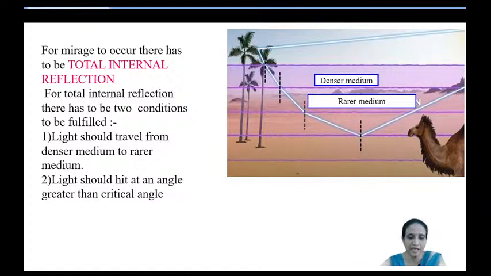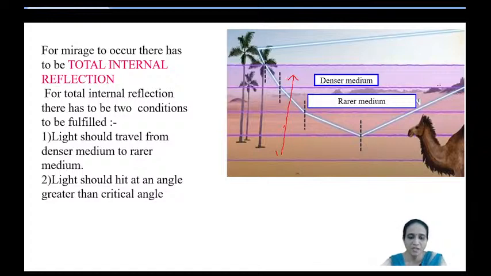During the daytime, you will see that the land becomes hot, correct? So, these layers that you see, this is the first layer, second layer, and so on. The layer which is above the surface of the land becomes warm. But as you go up, the layer at the top becomes cooler and cooler. So here the temperature of this layer will be more, it will be warmer, and as you go above, it will be cooler and cooler, correct? As you go up, it gradually keeps on becoming cooler and cooler.